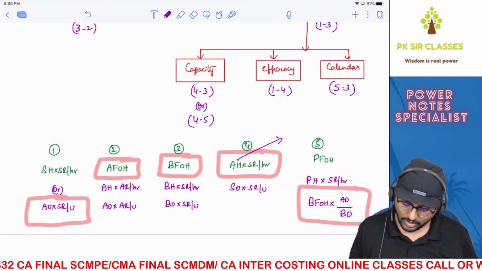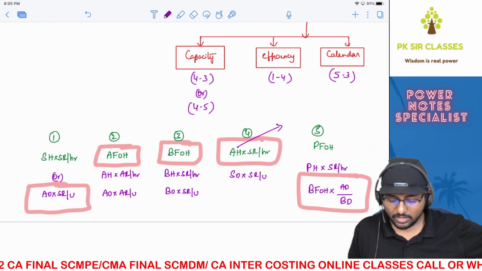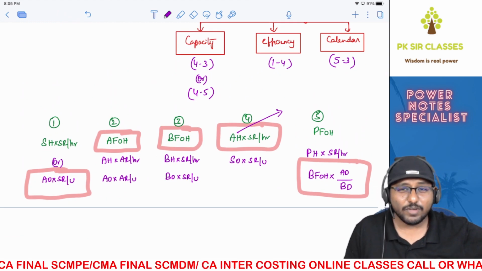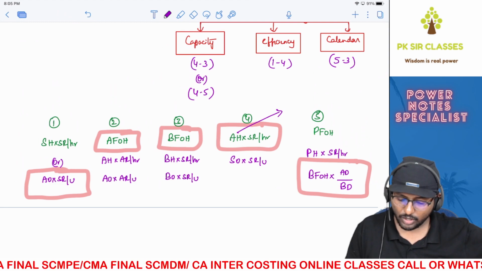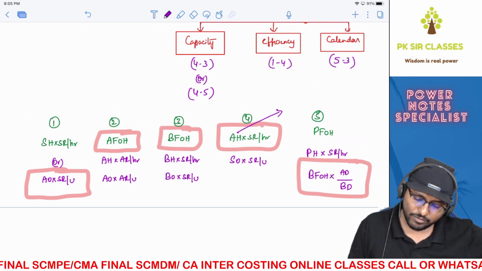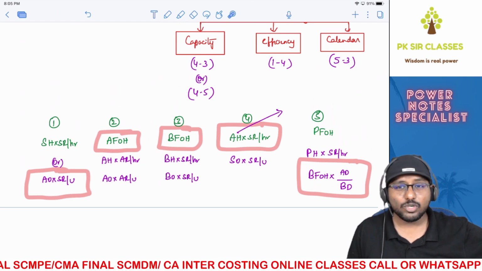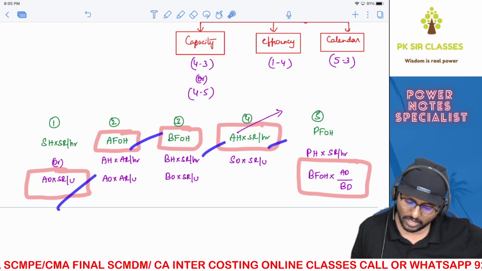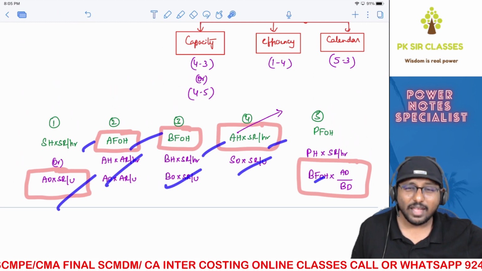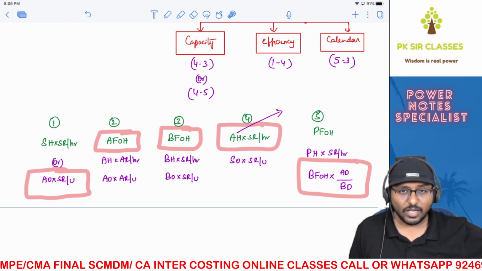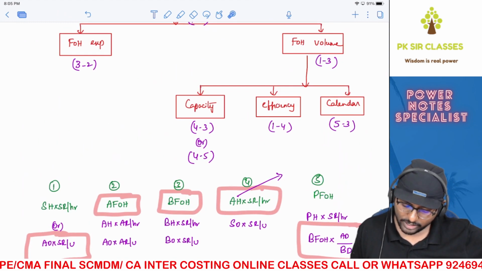Okay, now these are alternative formulas. The ones I have rounded up are the frequently used formulas that we will use generally. We will first try these formulas, and if you are not able to get the answer with them, then we will go for the alternative formulas. That is the way we are going to solve the questions.